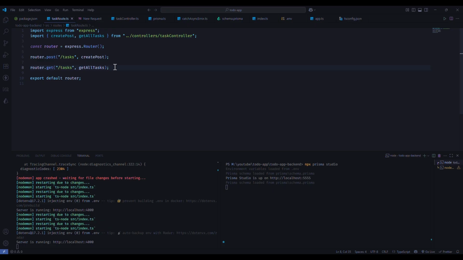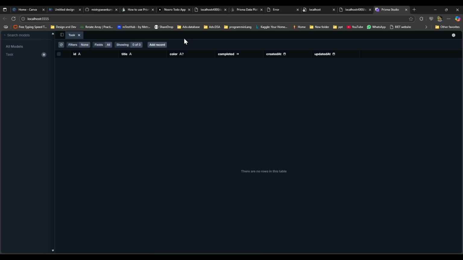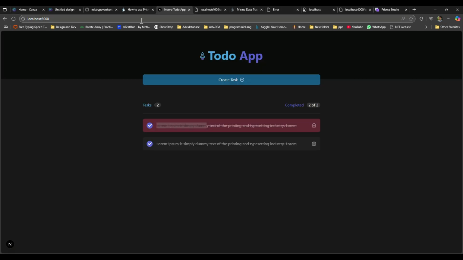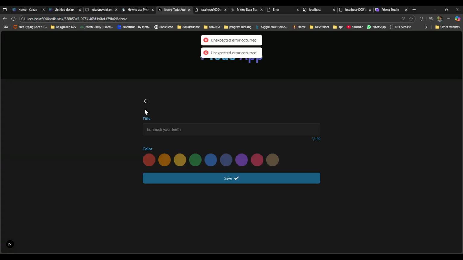But let's go to our browser and let me show you. Okay, where is our server? Yeah, so this is our project. So you can see here we are getting all the tasks by using the getAllTasks method which we have recently created. But if I want to get this particular task, so when I click on that particular task, then we should get